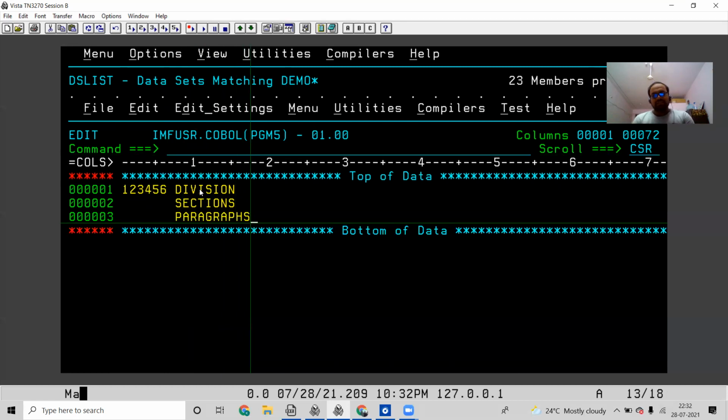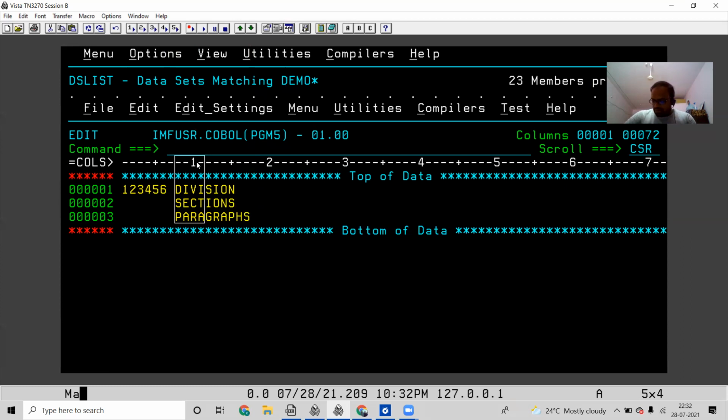So these are the things which we are going to have from the 8th to the 11th column. What that means is you can start the division, sections, and paragraphs in between these columns only. So it is better to start the division, sections, and paragraphs at the 8th column. This is the 8th column, 8, 9, 10, and this is the 11th column.